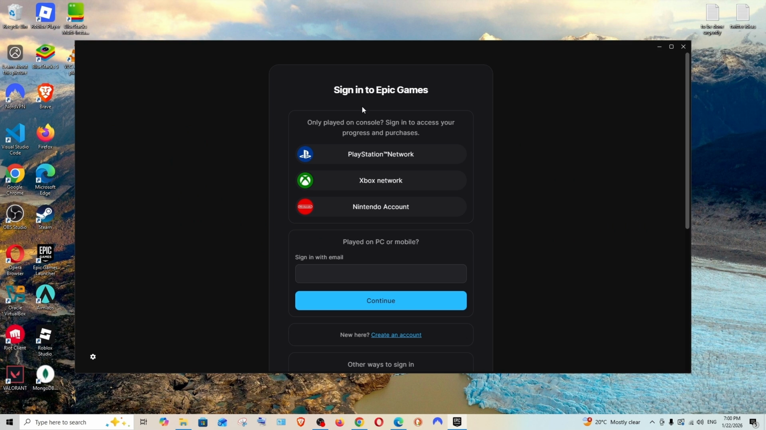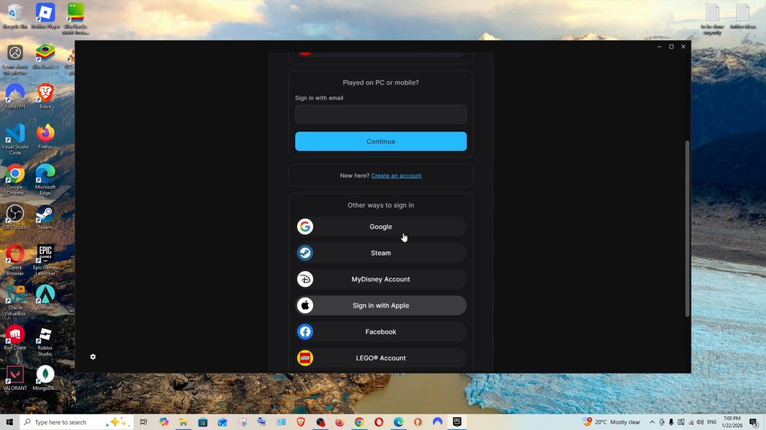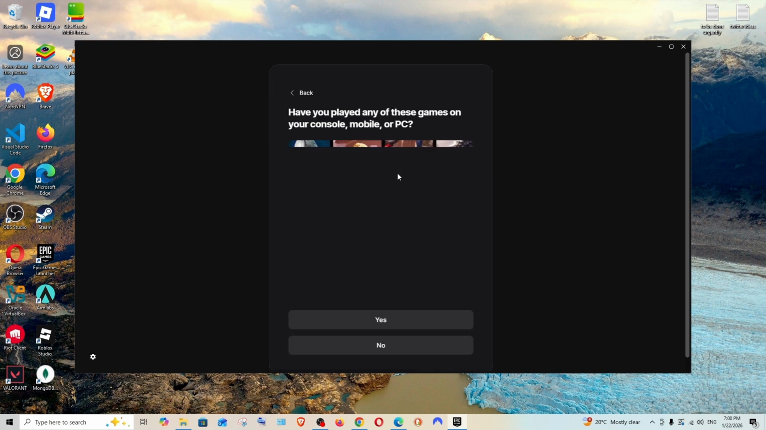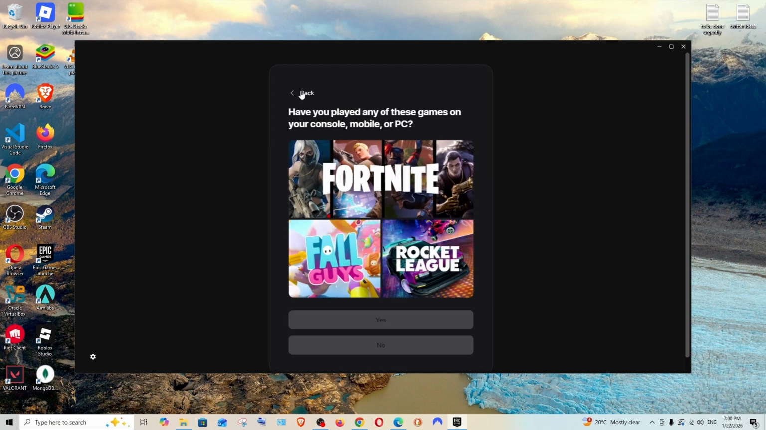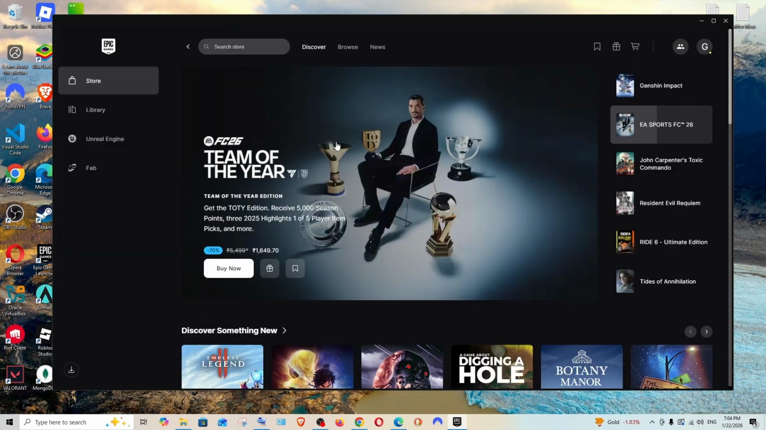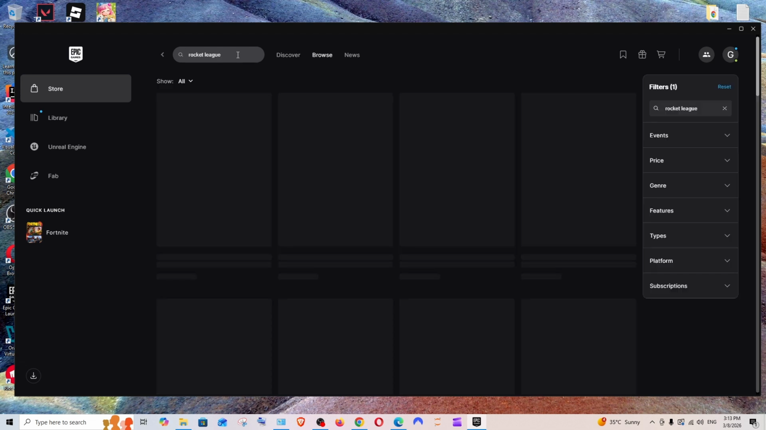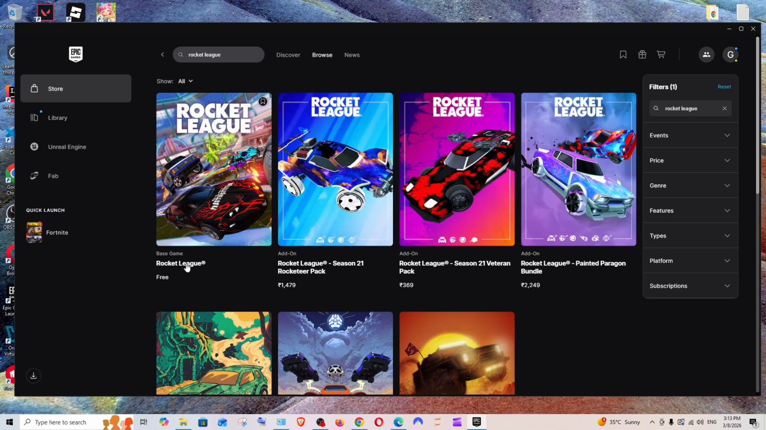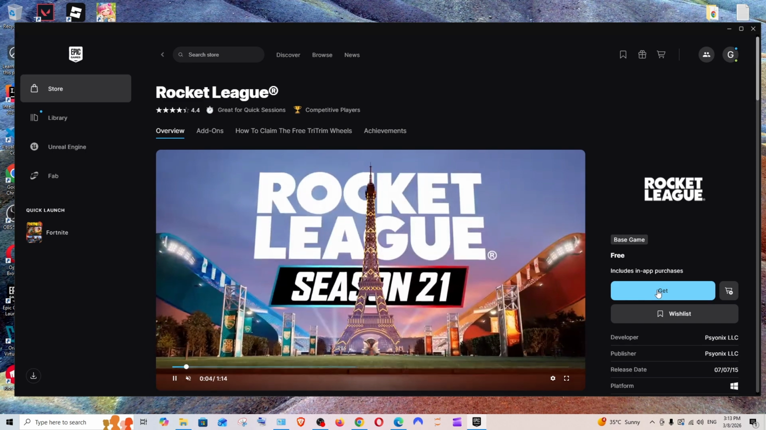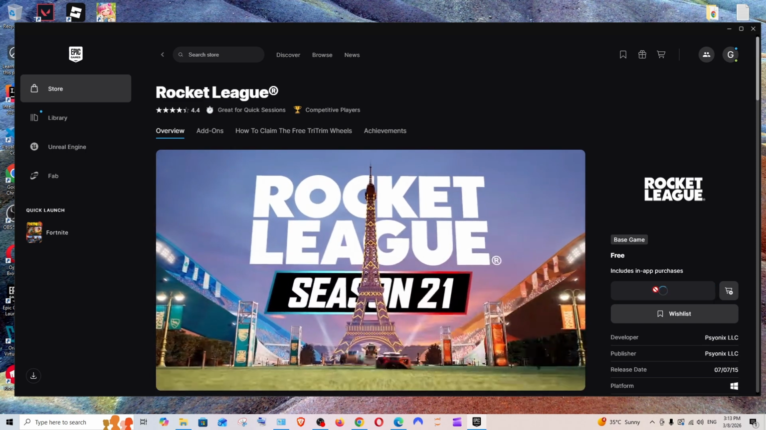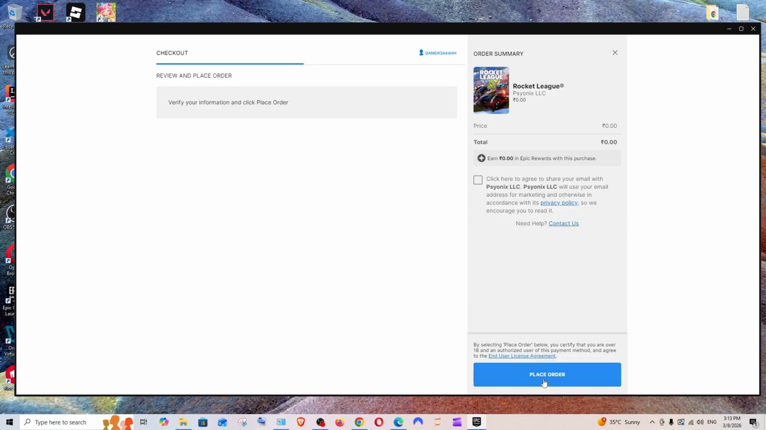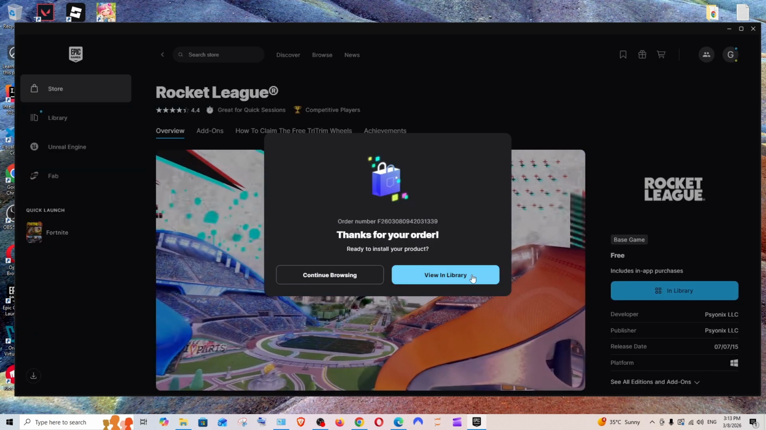Once it is complete, you will be getting an interface to sign in to Epic Games. If you don't already have an account, just click on create an account, and this will allow you to create a new account. Okay, so just sign in. We will be taken to the store of Epic Games. Just search for Rocket League, and here, as you can see, we are having the Rocket League game. Select this, just click on get, just click on place order, and click on view in library,